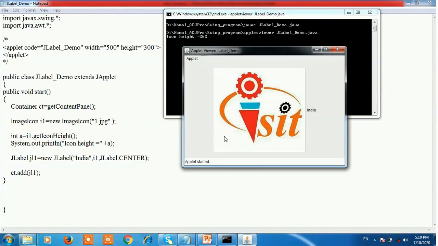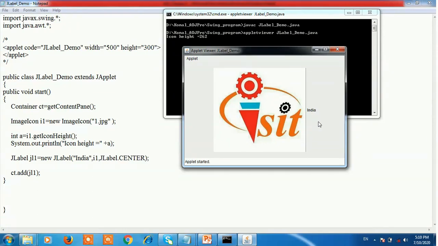So India is displayed in the center, and the ImageIcon is also displayed in the center. It is an image, and India is a label.